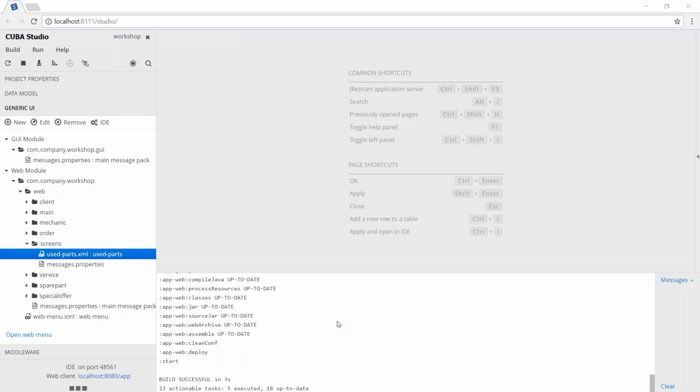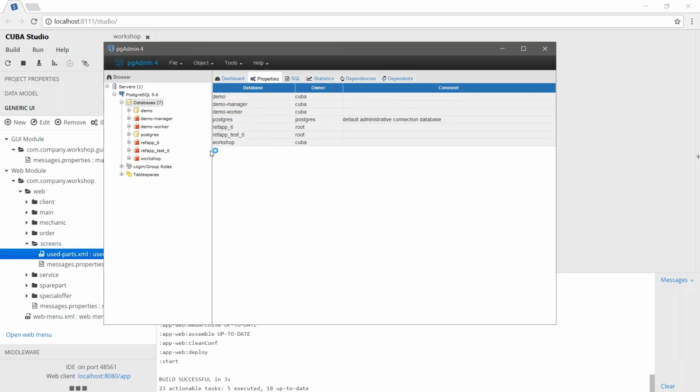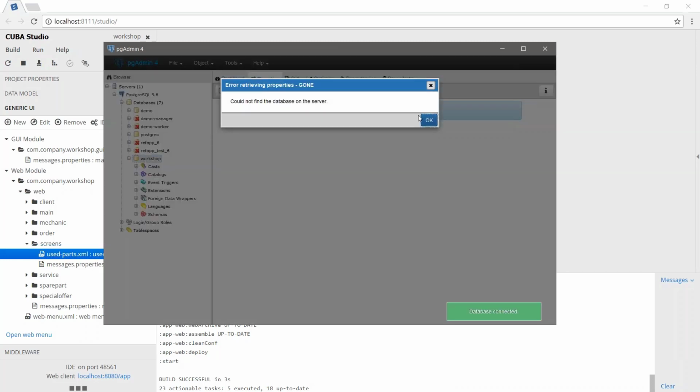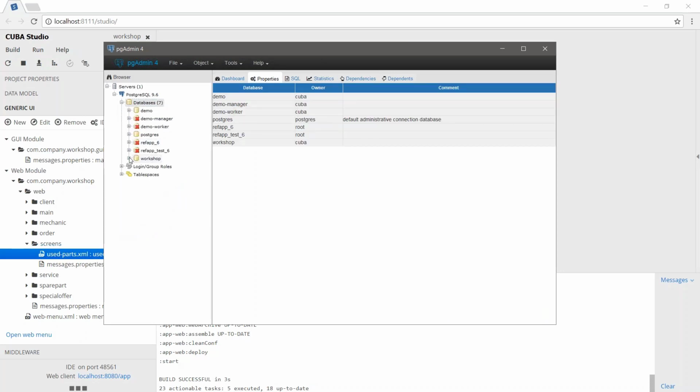And now, while I'm waiting for Tomcat to start, I will show you the database in PostgreSQL in pgAdmin. So let me show you PostgreSQL admin application. So here I have my test database, empty database workshop. So I can easily connect to this and, let me just refresh my databases list. We have workshop database. Let's check tables and schemas. We have only one schema, public,